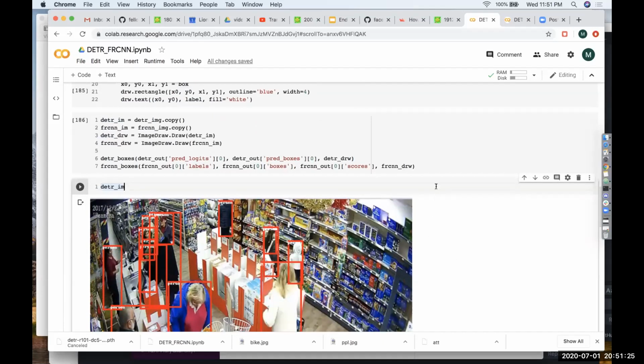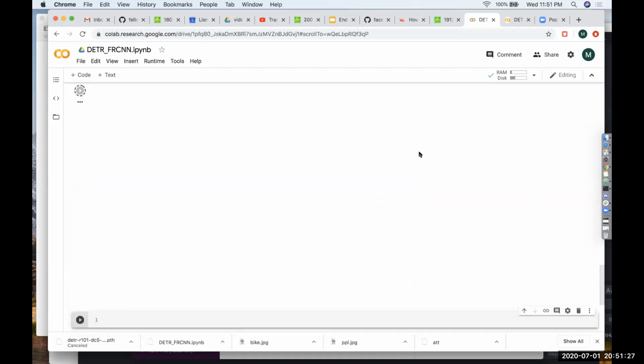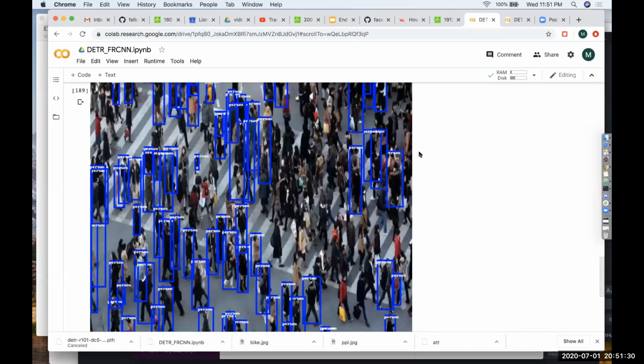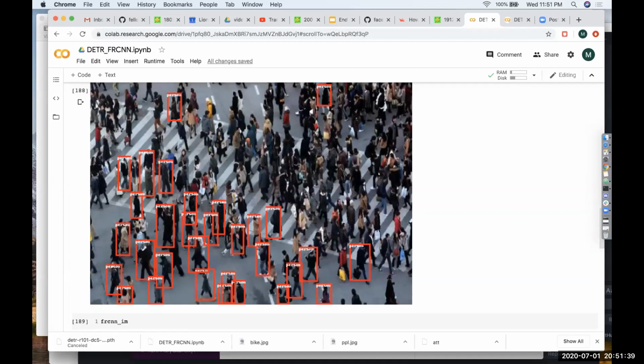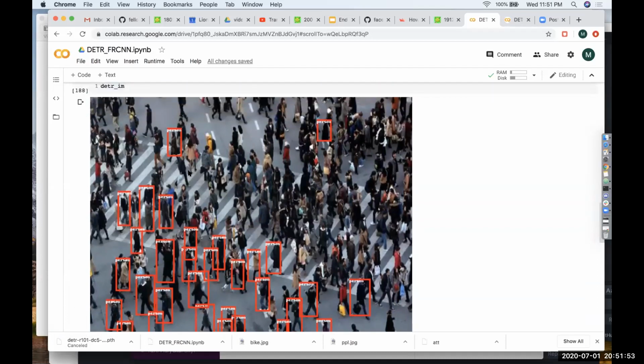Then let's take a look at a couple of other examples. One of the issues with the detection transformer is small objects. They make this claim even in the paper. And so what you're seeing here happening is not that you're limited by the N that we talked about. It's not that there's more than 100 detections here. There's actually significantly less than 100 detections. But what's happening is that the attention mechanism is not able to contribute much because all of these objects are